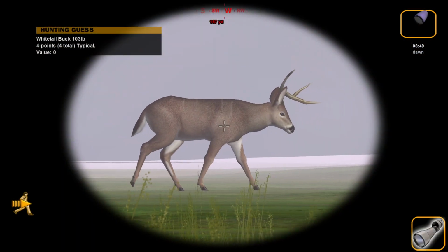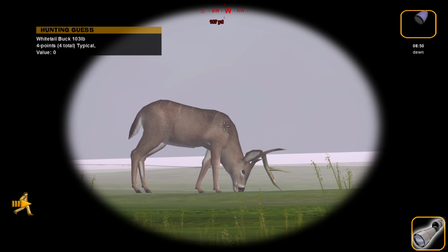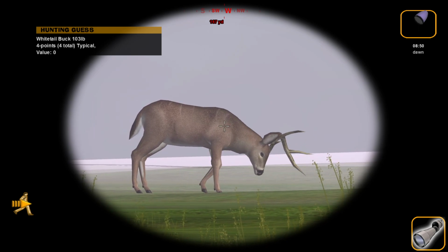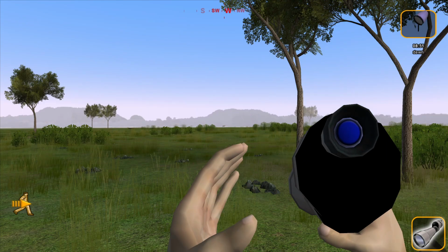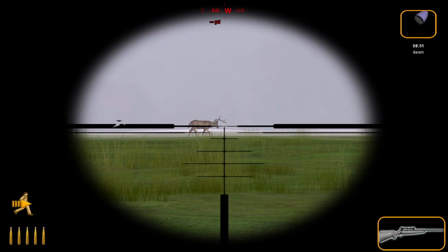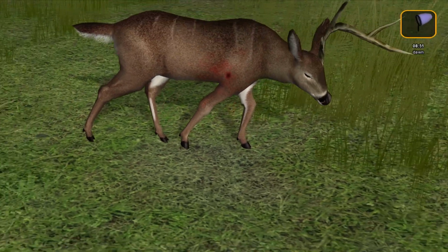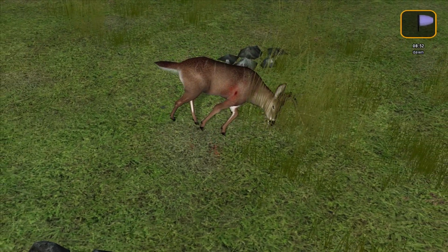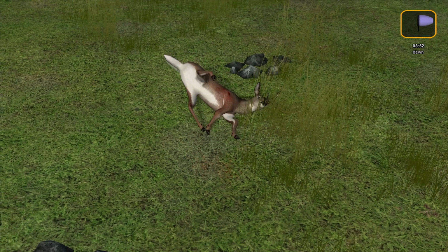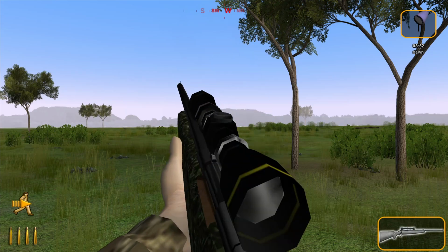I don't know that I was aware these were in the game, but because that's a value of 0 on the guess, that's gotta be a half rack. There definitely is only the left side there. That's kind of interesting. I can't remember ever seeing one of these as a kid, and it's actually a good size one. If he had both antlers, he'd be a pretty good 8, but yeah, it's actually kind of cool to see. I'm pretty happy to fill our second buck tag with that one, because it seems like they're